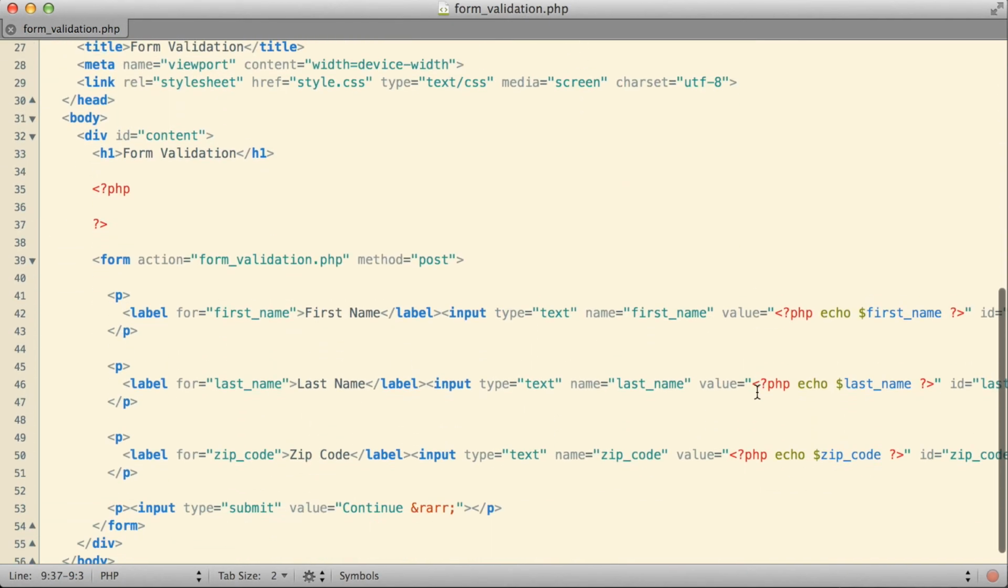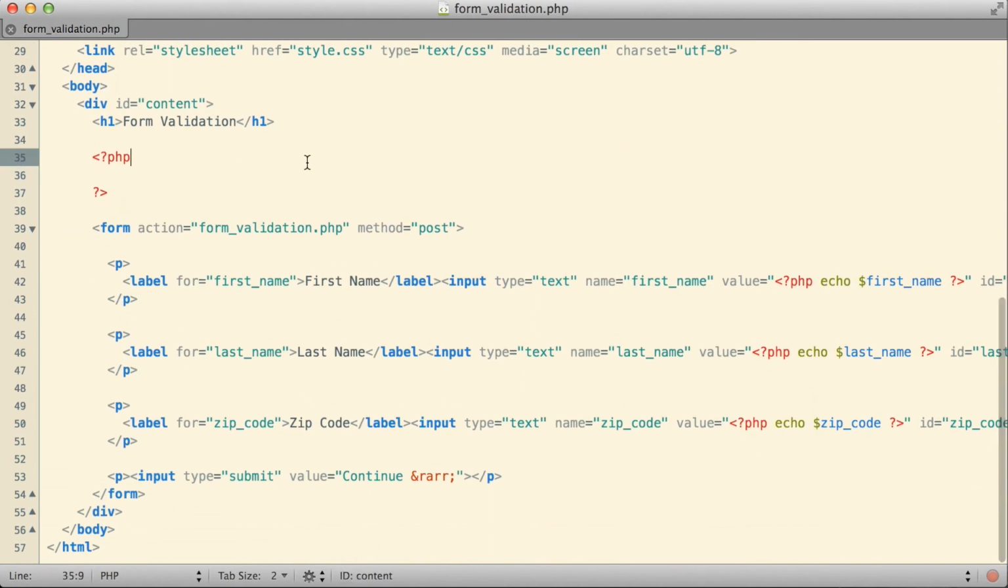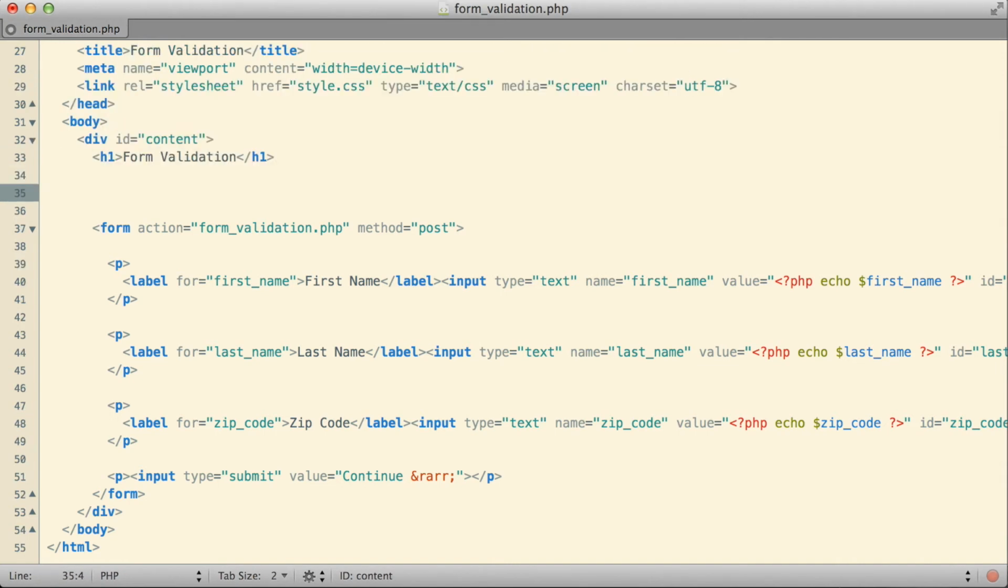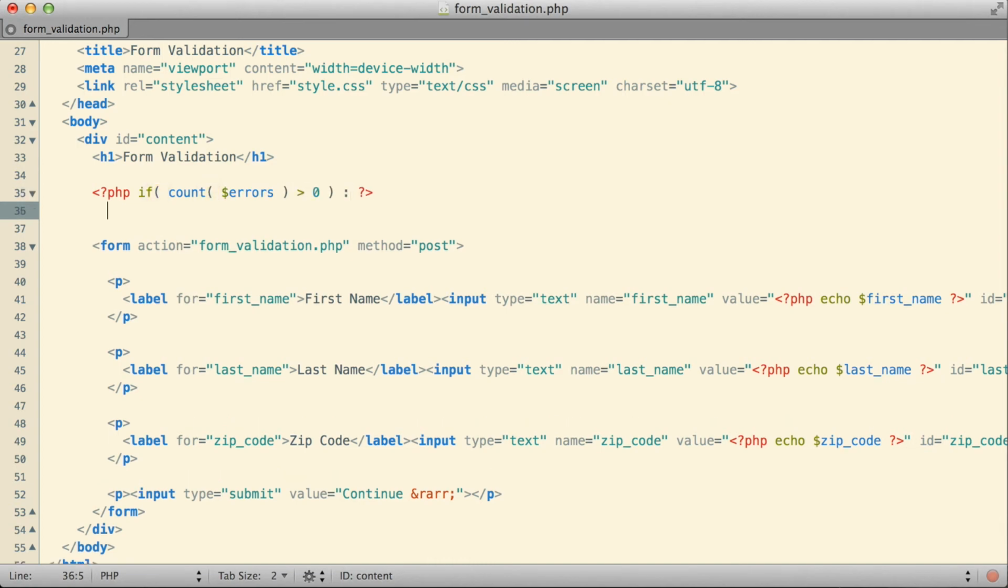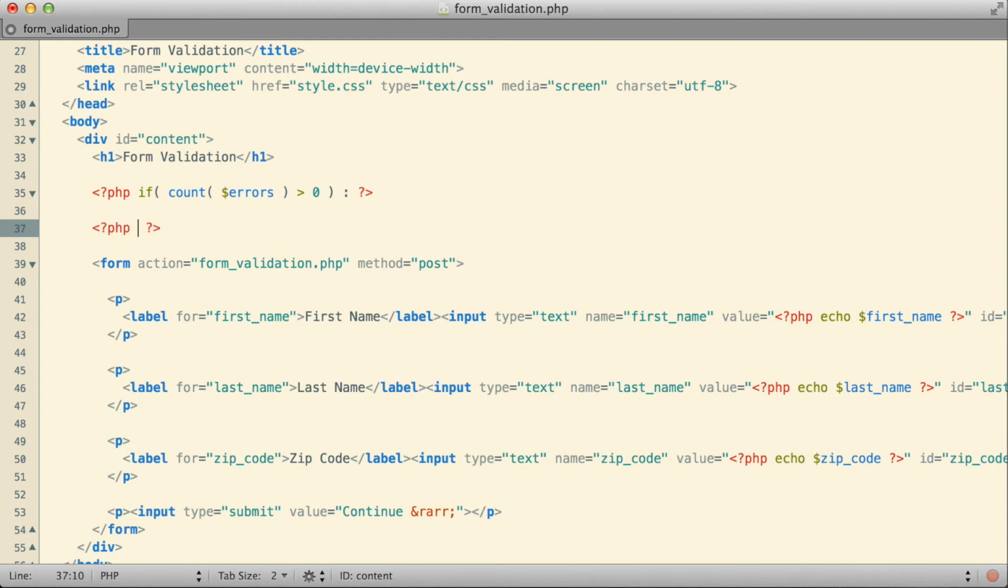Well, what do we then do with the errors array? Well, I could make use of that errors array down here in the body of my document. I could at this point say, if the count, meaning the size, of the errors array is greater than 0, then that means that I have errors. Using the alternate syntax, since I'm going to be combining a lot of HTML and PHP here,